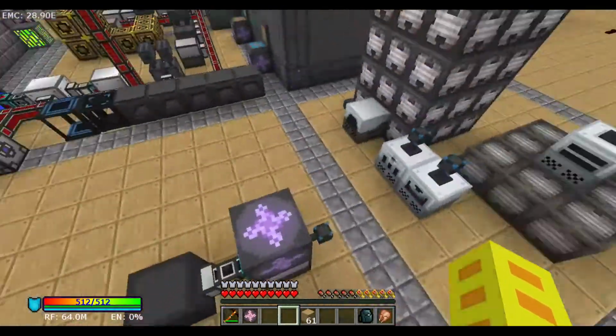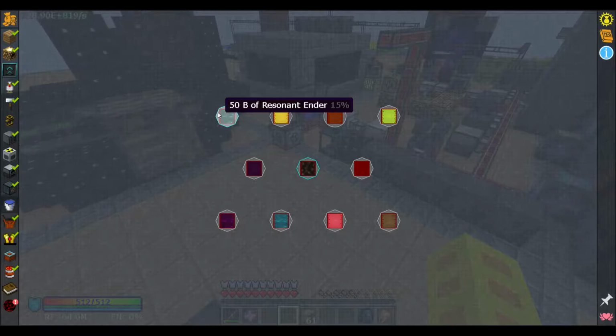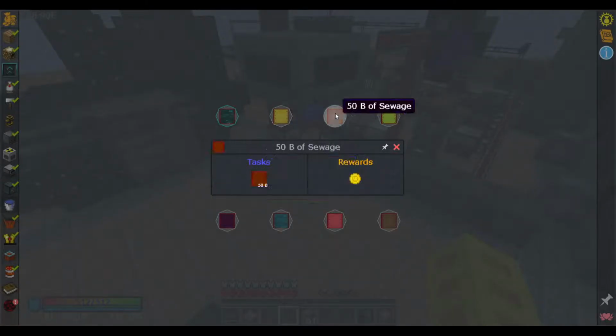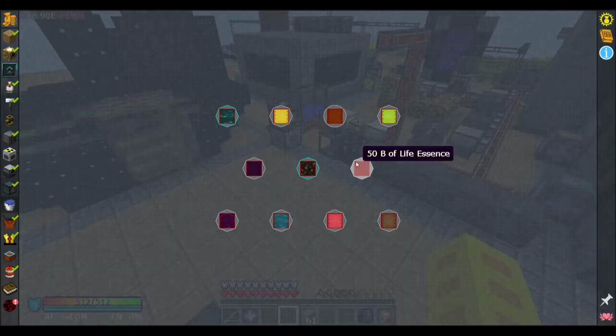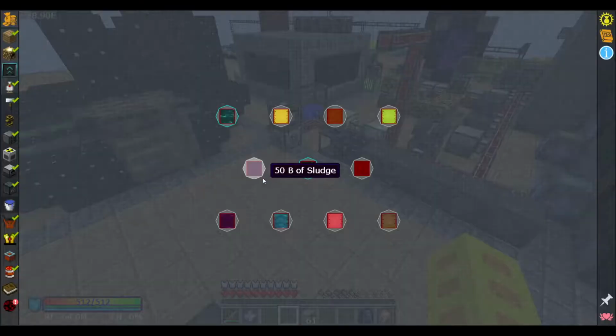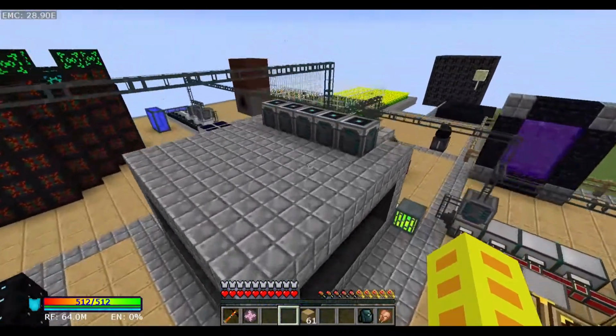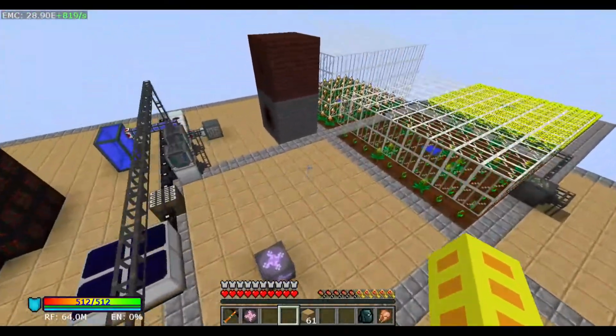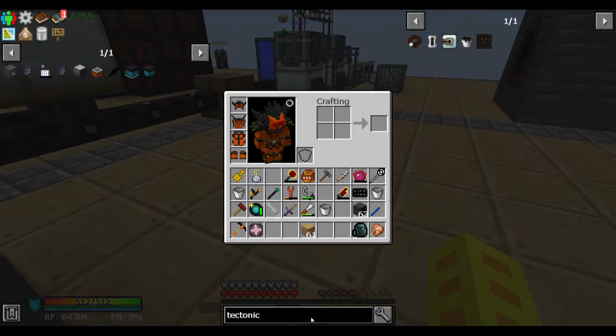Going to start progressing. We're 15% of the way with the resonant ender. Refined fuel, sewage, gasoline. Powered oil is going to be difficult. Biodiesel is going to require quite a bit. So let's go ahead and